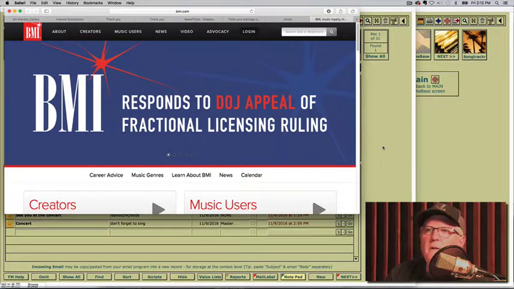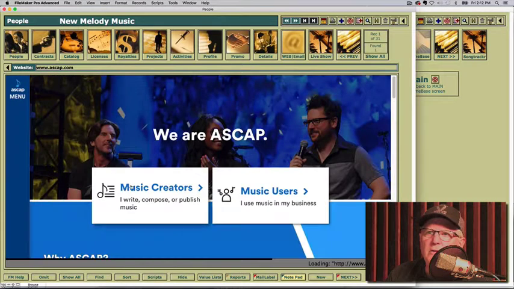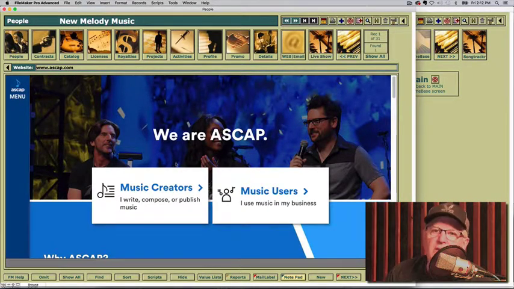So anyway, I'm going to click off of that. ASCAP's already in there. If I click on website, it'll go right to that, and it loads the page into the web viewer right inside of Songtracker. So you can keep these web pages logged, and so when you go to various